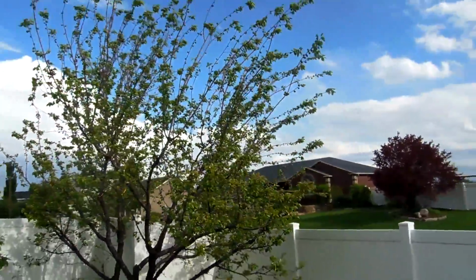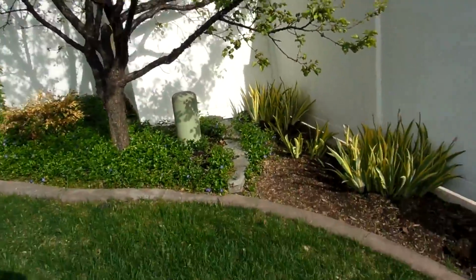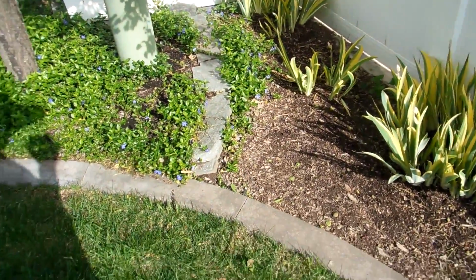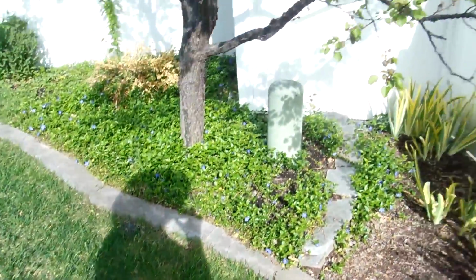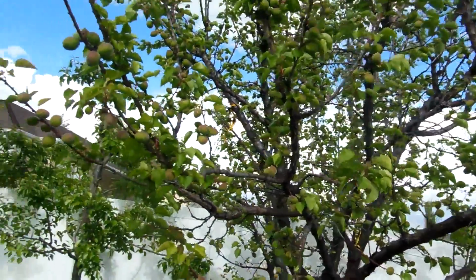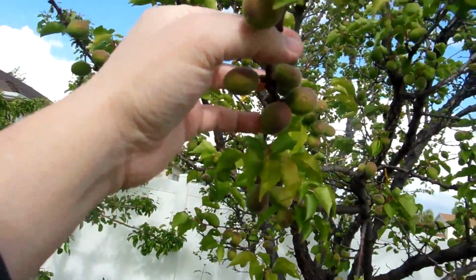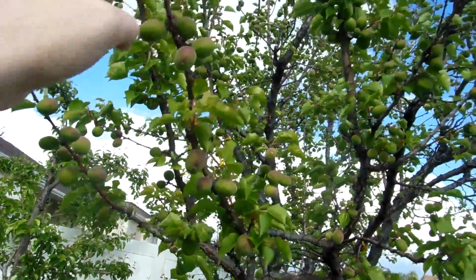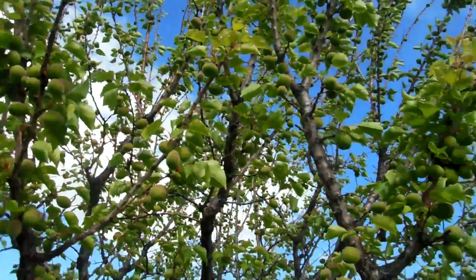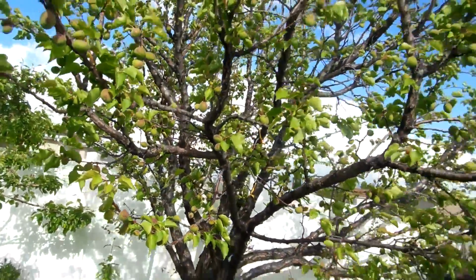So that's a good sign. It's a sign that probably I'll need to start doing something about it. If we look on the ground, we can see there's quite a few of the fruit all over the ground there, but there's still a ton on here. So some of them may be falling off, but we may get an apricot harvest this year. So it looks good, and I don't remember them getting this big before they would fall off. Usually they would stay small, maybe this big, and then decide, okay, they're not going to make it and drop off. But at this size, I'm probably going to have to start doing some thinning this upcoming week,